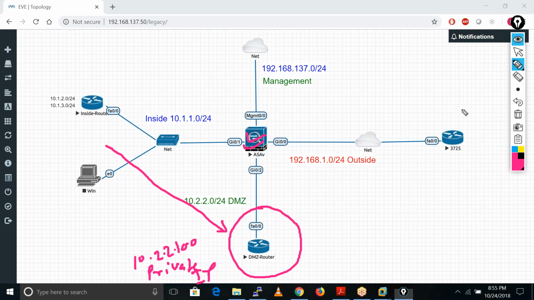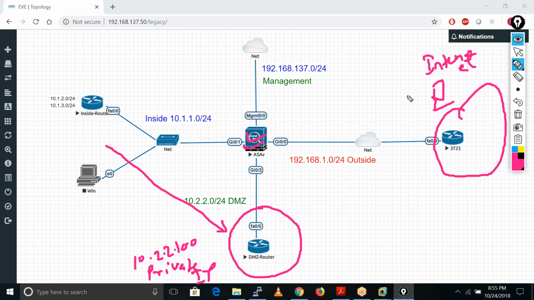What about the others, the ones sitting on the internet, the internet users? If they hit this IP address, they are not able to reach it, because this is a private IP and it is not publicly available. So what we do now is configure the static NAT in our firewall.